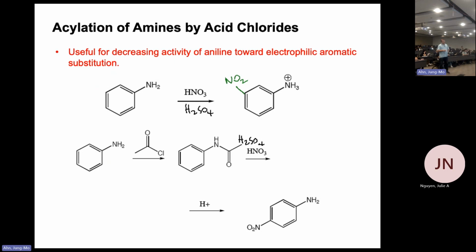When it makes an amide, this nitrogen still has a lone pair, even though that lone pair can make a resonance structure with the carbonyl, still this is a lone pair. So that makes it an activator. This is a pi activator, not the strongest activator. If you look at the order of the substituents, the activators, this amide nitrogen is not the strong one, however, it is still an ortho-para director.